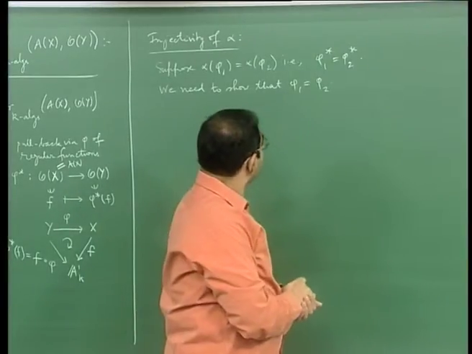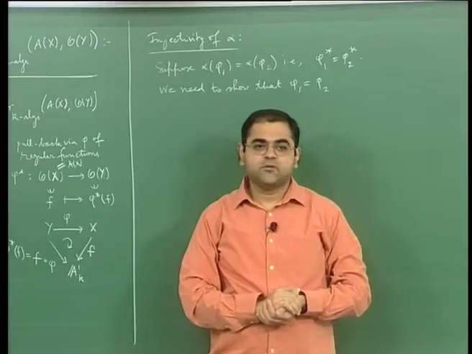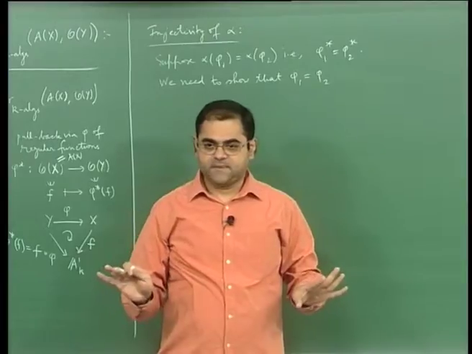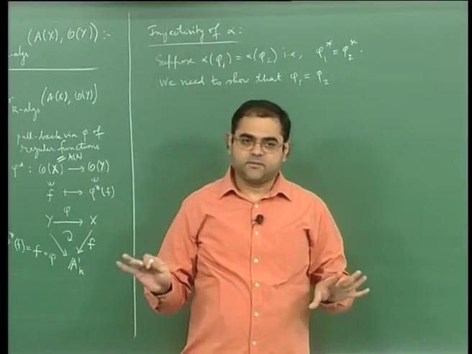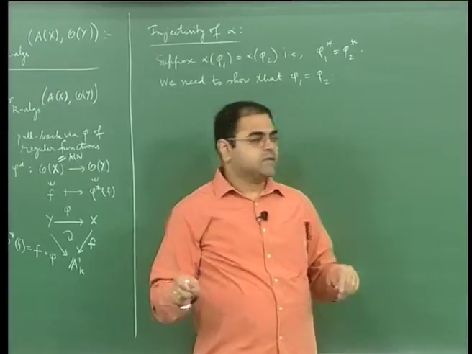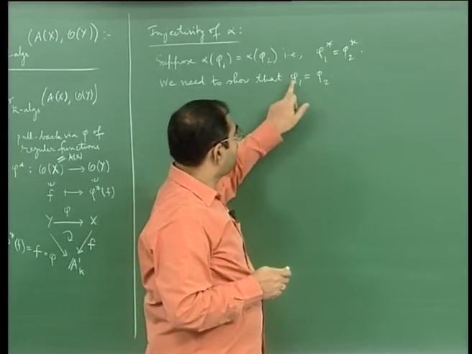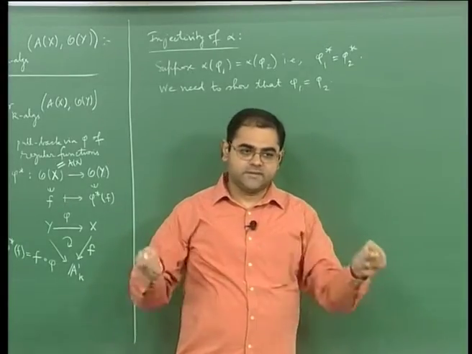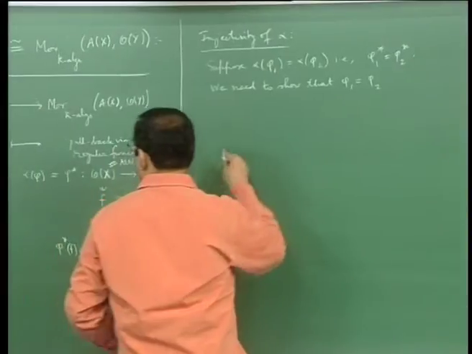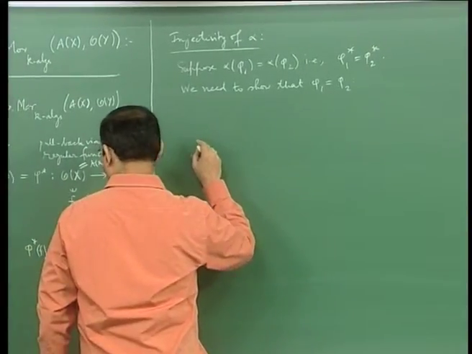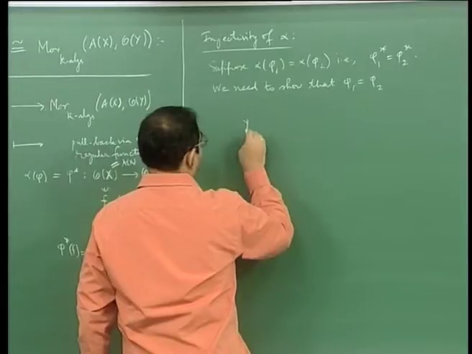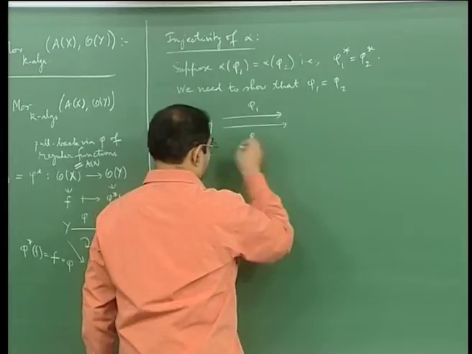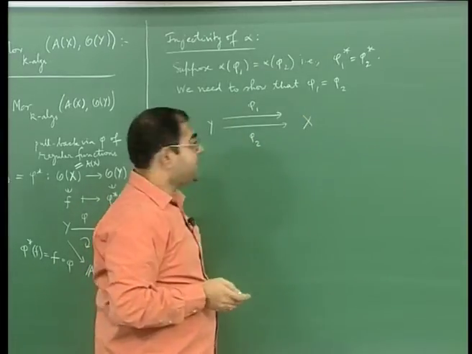And what do you mean by equality of morphisms? Equality of morphisms means equality of the underlying maps as sets, okay. Equality is just as set theoretic maps. So it is a set theoretic checking that you have to do, okay. So how do I check two maps are equal? I check two maps are equal by evaluating them at every point and showing that they are equal. So what I do is, well, here is my situation. So I have y, and there are these two maps phi1 and phi2 which are morphisms into x, and mind you x is an affine variety,